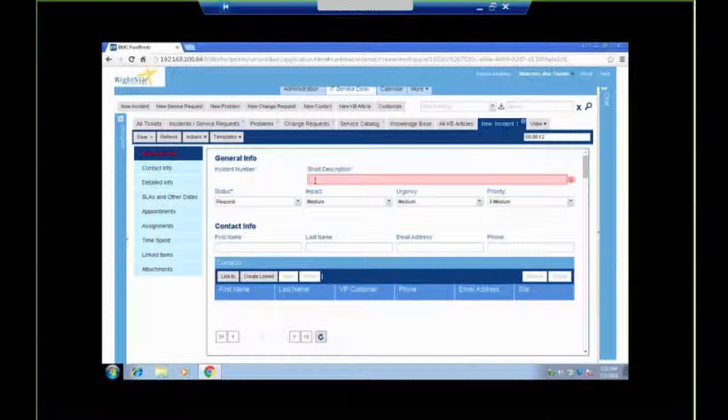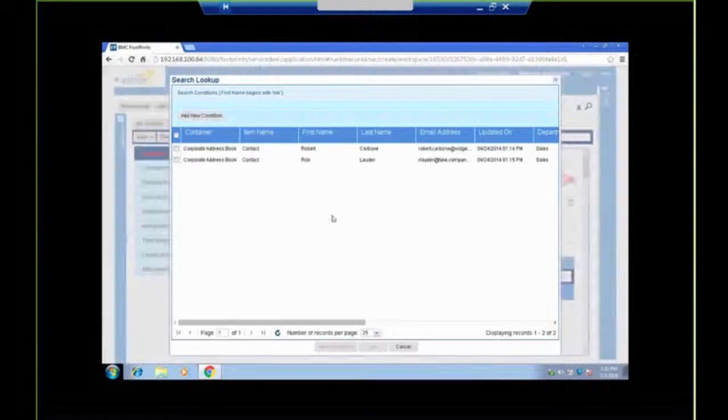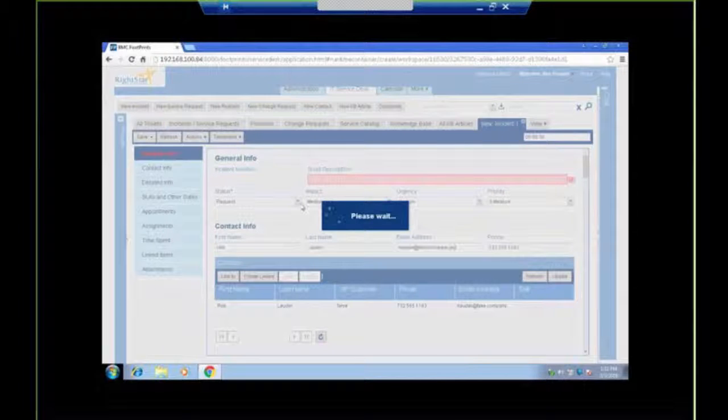Ultimately, when you pick up that phone as a help desk technician, they simply want to first identify who it is they're working with. BMC FootPrints does allow you to identify a variety of fields you can use to search your customer database, and that customer database could be Active Directory, LDAP, ODBC. With a simple push of a button or hit of an enter key, it searches that database and returns any possible matches. As a help desk technician, I would verify who it is I'm working with, link it, at which point